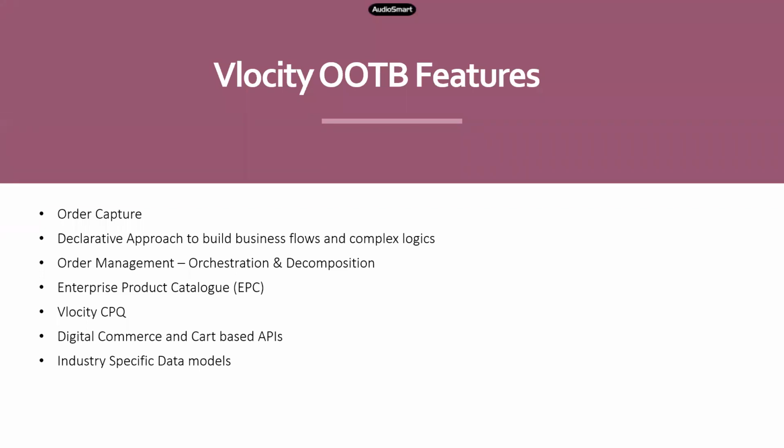You go to Amazon, you apply a promotion, and the price gets reduced. Right? You need to have some logic defined in the backend, so that it dynamically picks the product of that price and applies the promotion and gives you a price after the promotion. For all these kinds of logics, the behavior is always going to be the same, irrespective of the client. So Vlocity has come up with a concept called digital commerce and cart-based APIs, where you don't have to build a lot of